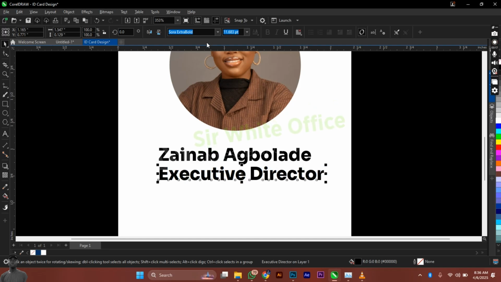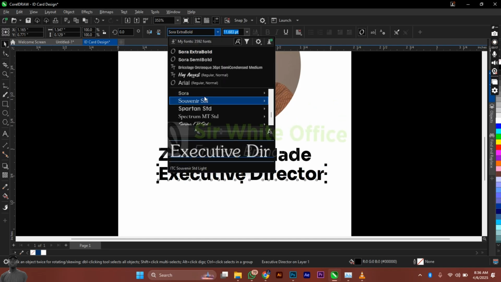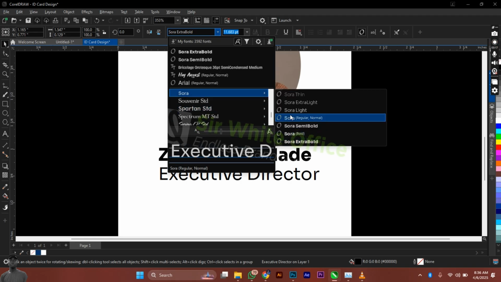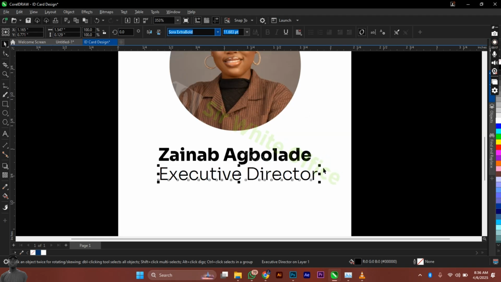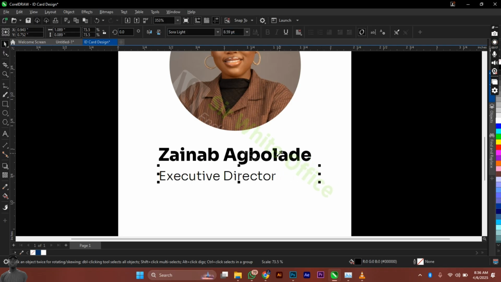So this one I'm going to be changing it to a thin or a light one. Let's use light. So you can see we are still on the same font, but the